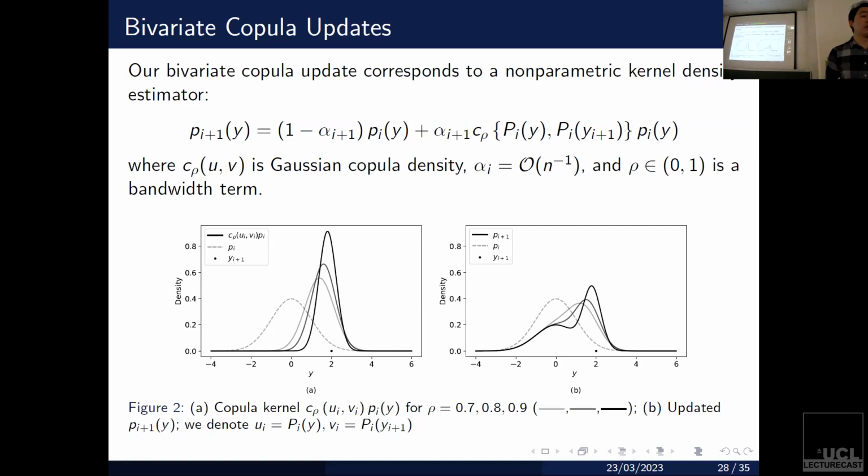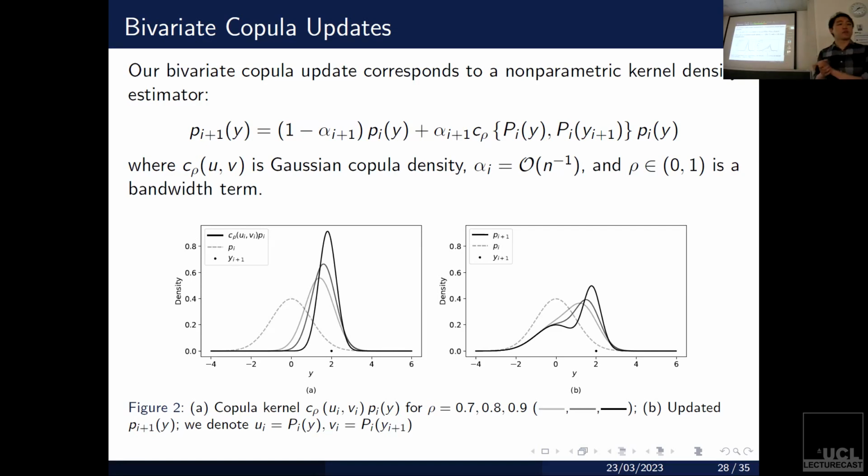In solid, we have the new predicted density that's updated with y equals 2. Again, we see that it's essentially just the old density with a big bump at y equals 2, where the peakiness of the bump is dependent on this bandwidth. So what we see here is that what we're doing with these copula updates, inspired by the derivative process, is essentially an online kernel density estimate, where you take a weighted sum of your old density and add on a kernel at your data point.